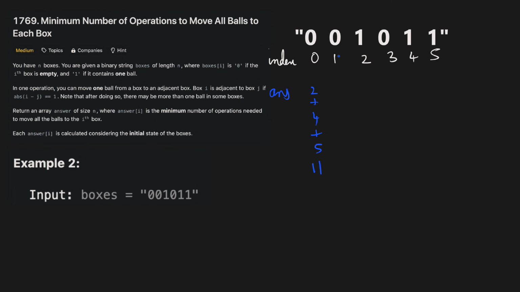Similarly, for the box at index 1, we will move the ball at index 2 in 1 move, the ball at index 4 in 3 moves, and the ball at index 5 in 4 moves, resulting in a total of 8 moves. Then for the box at index 2, this ball is already present, so it takes 0 moves to move it here. Then we move the ball at index 4 in 2 moves and the ball at index 5 in 3 moves, resulting